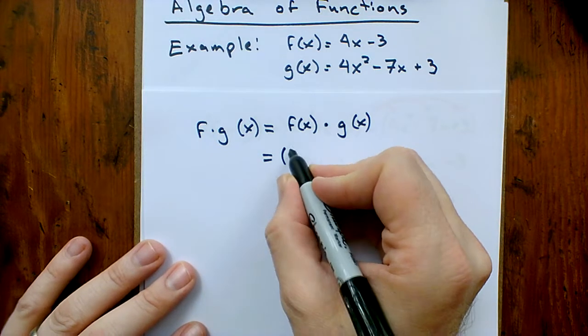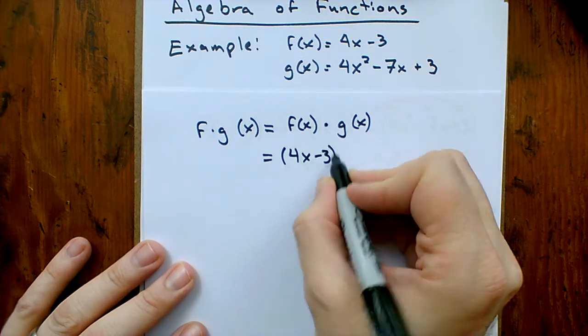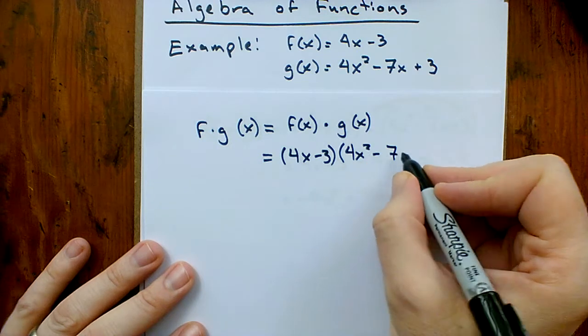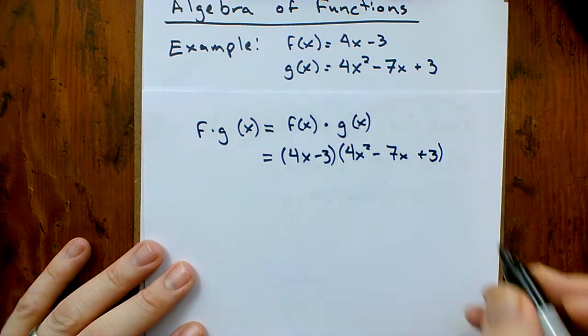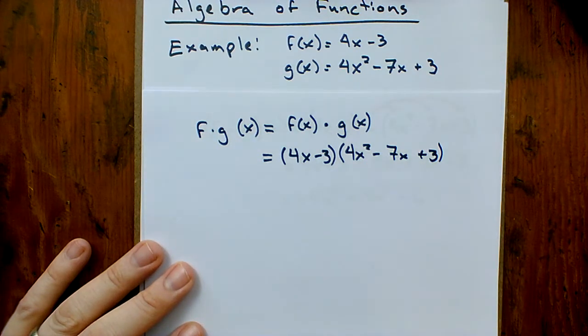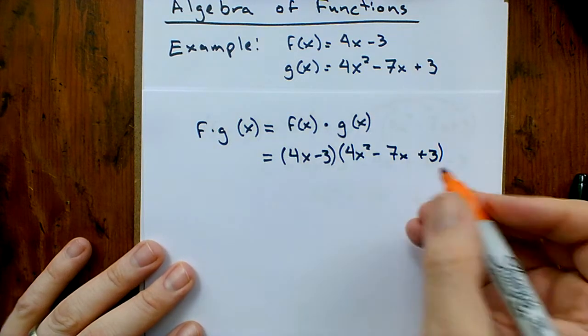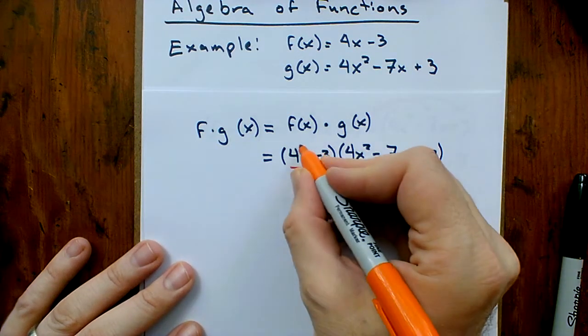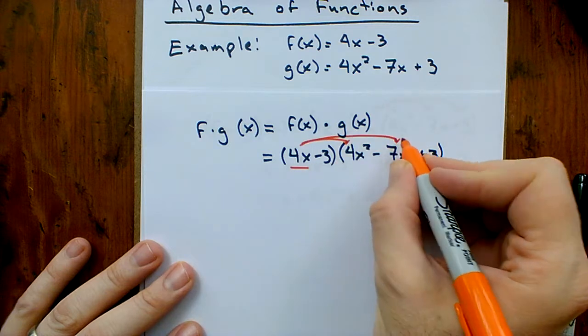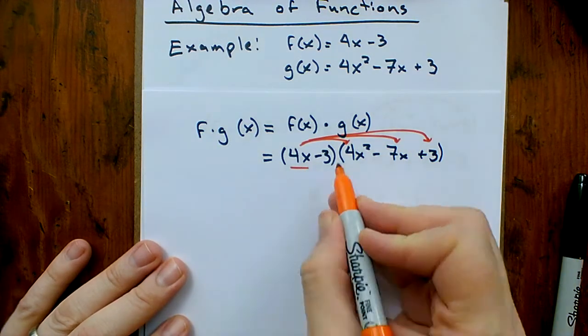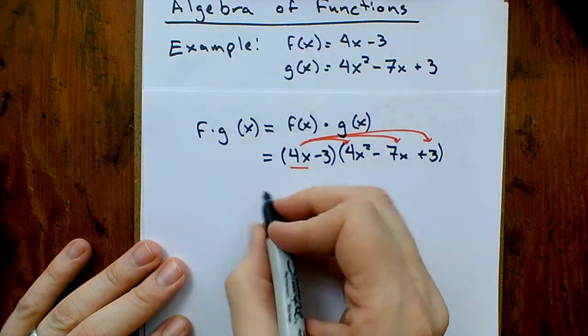So here we're just multiplying 4x minus 3 times that 4x squared minus 7x plus 3. So to start with, remember, here I've got just polynomial multiplication. I'm going to just distribute this first term into this set of parentheses. So I'm going to have 4x times 4x squared